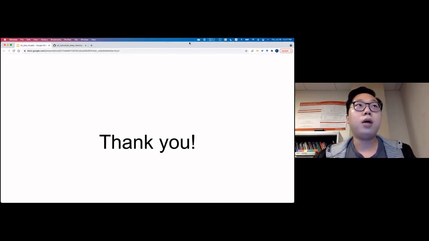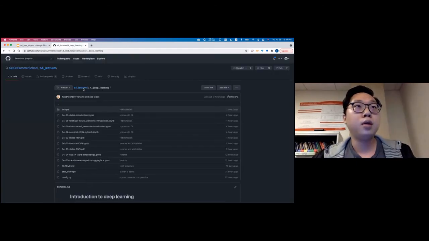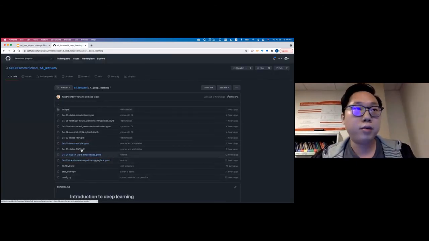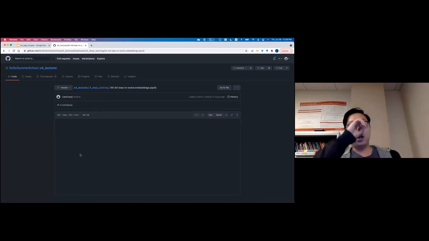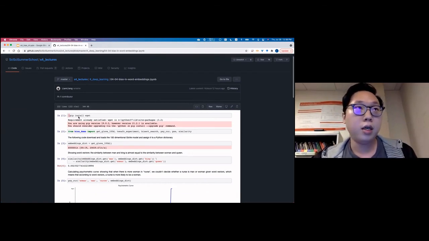I have two examples or activities that you could try. One is the case that we showed earlier, detecting the bias towards occupations in word embeddings.